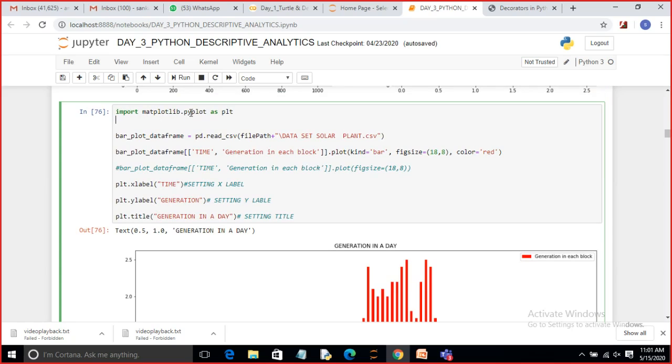Use a method like this for plotting. I'm going to use the approach: data frame equal to pd.read_csv, for any CSV file, then the file path.